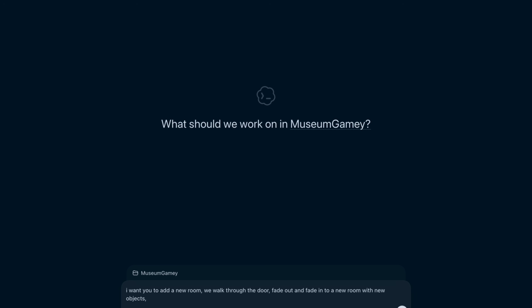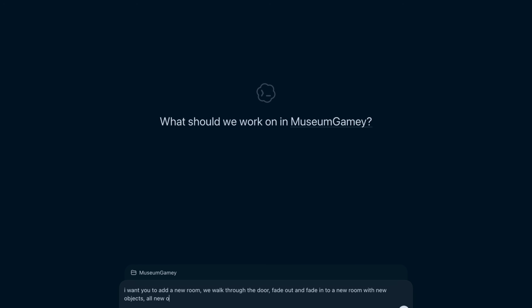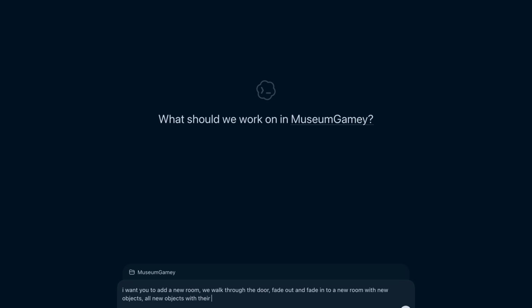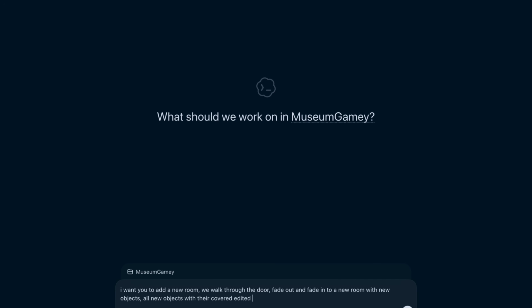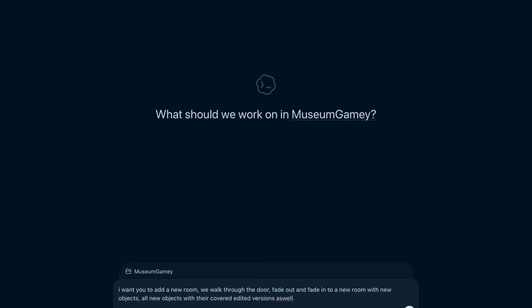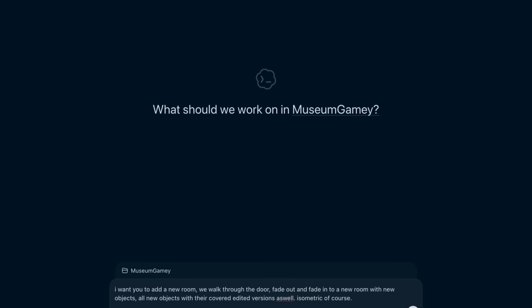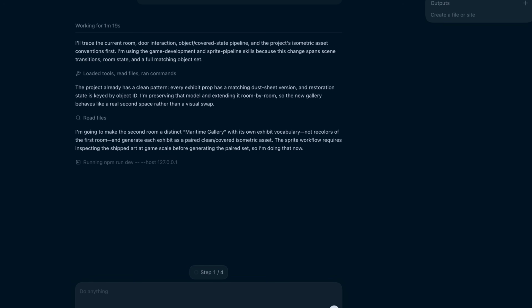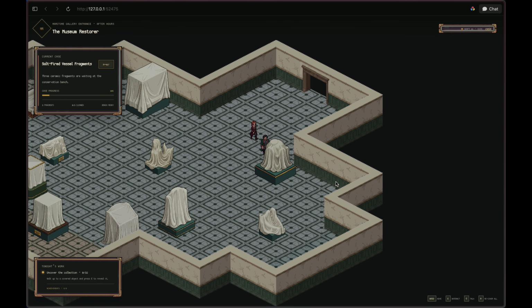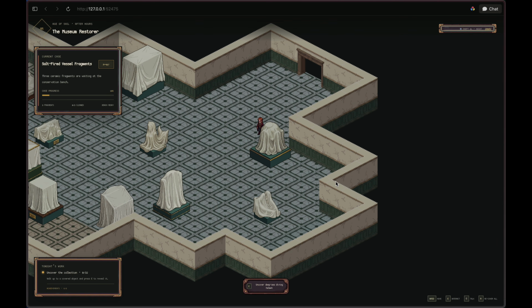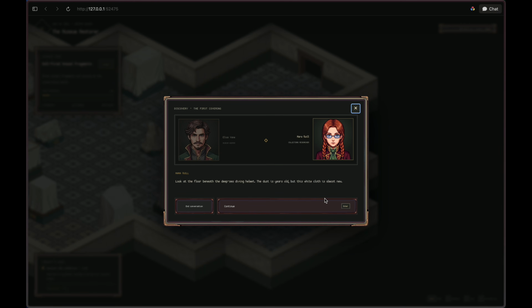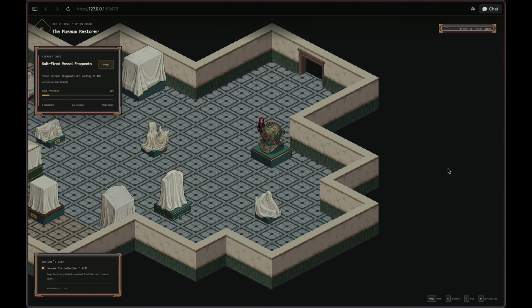Now I'm going to tell it to add a new room. The player should walk through the door, fade out and fade in to a new room with new objects. All new objects with their covered edited versions as well. I mentioned it should be isometric, just in case it forgets or wants to get creative. And check it out, it added the transition between the maps, made the new objects with their covered variants, and